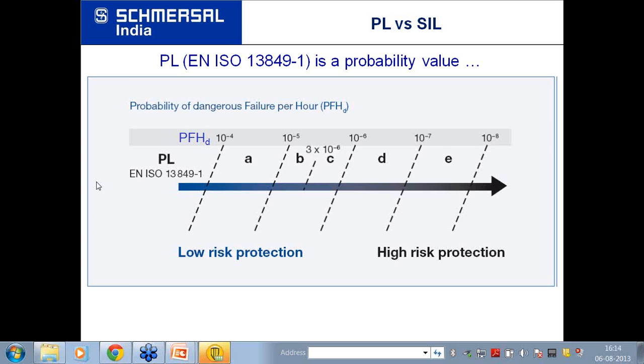Sir, this symbol is available on the electromechanical device itself. Physically, it should be printed on the device. Like suppose if you are using a limit switch, it should be printed on the limit switch itself. If you are using an emergency stop push button, this symbol should be available on the contact blocks of the emergency stop device. But this is applicable only for electromechanical devices, nothing else.